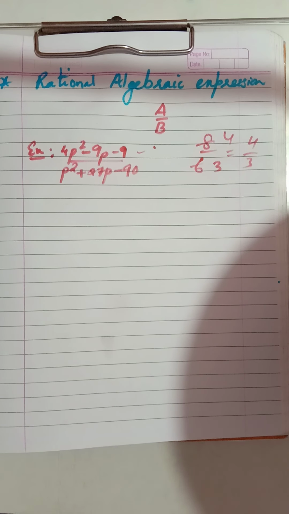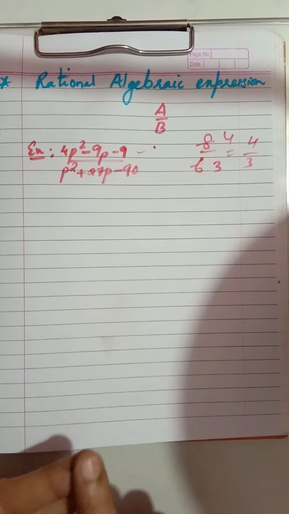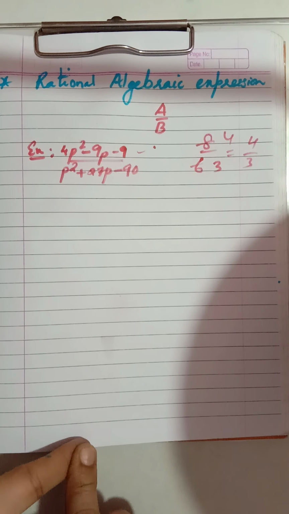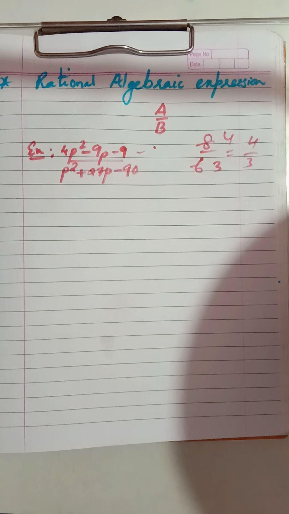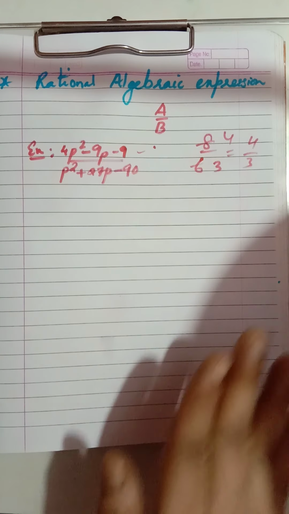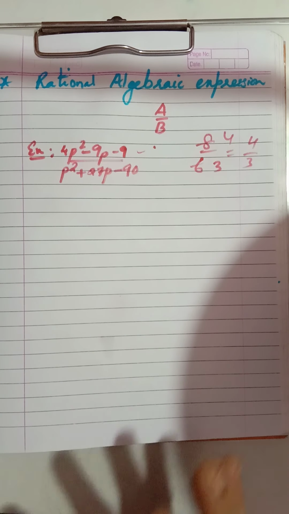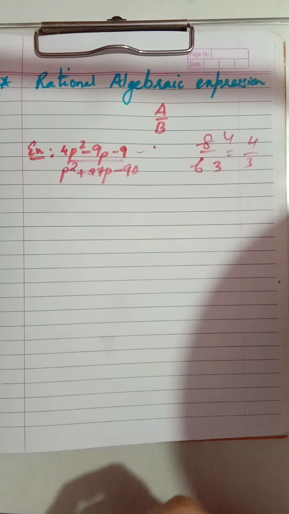that is 6.4. Now see children, again I am saying, just now you have seen in question number 2 of 6.3, you have used the formulas a plus b whole square, a minus b whole square, a cube minus b cube, a cube plus b cube, a minus b whole cube, and a plus b whole cube. All these formulas were used simultaneously to simplify. Yes or no? So children, I want you to learn the formulas by heart. They should be on your tip, and by looking at the question, you are going to practice.